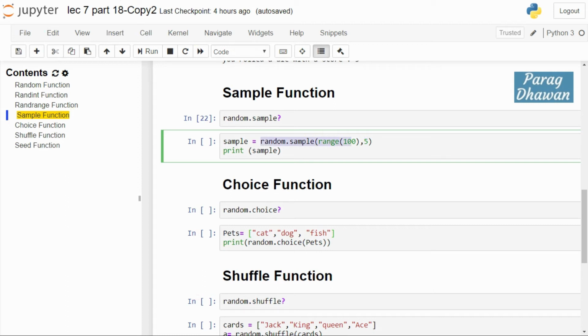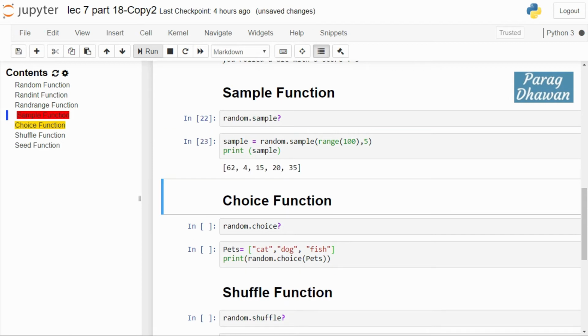In overall execution, random.sample will randomly select 5 values from the population 0 to 99, and that random sample is stored in the sample variable, and that sample variable is printed. If you click on the cell, run the cell, we get 5 samples randomly selected and printed. Again you click the cell, random values are selected from the population and they are printed.